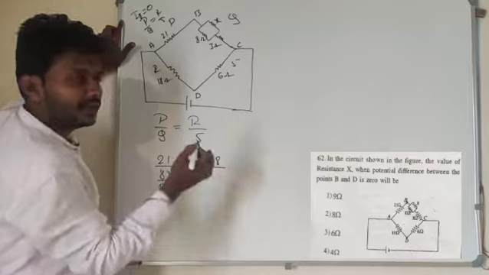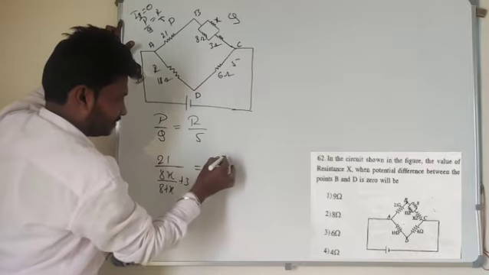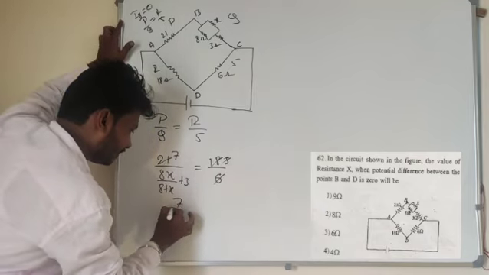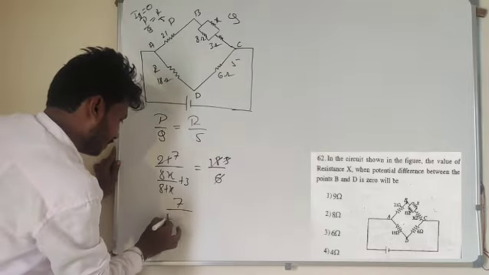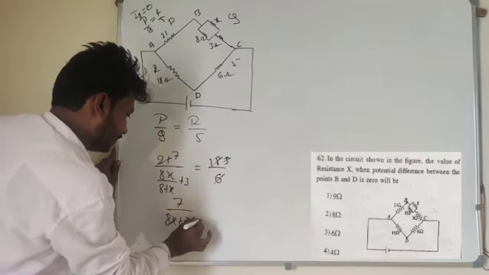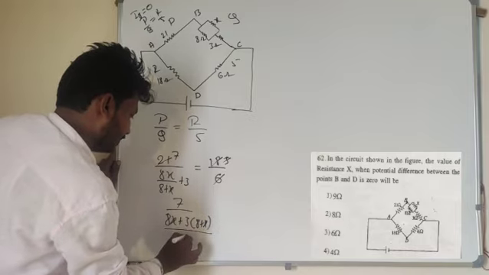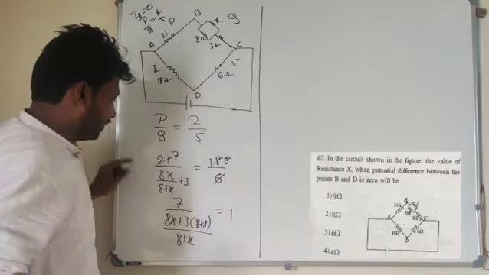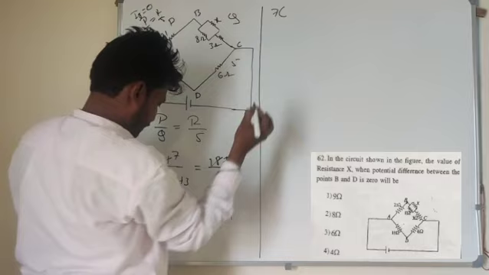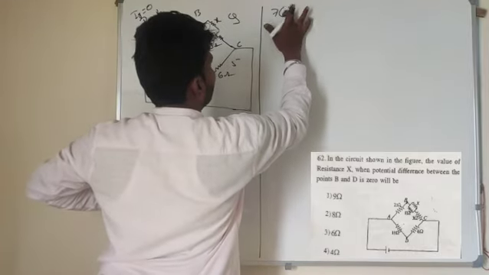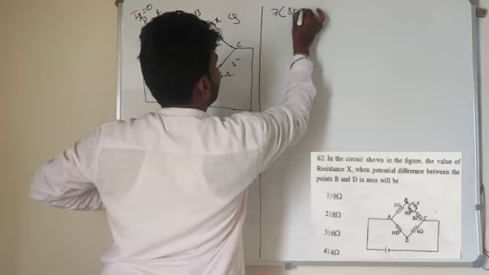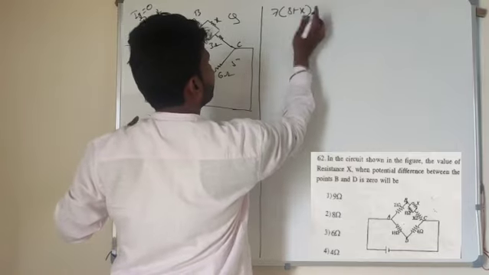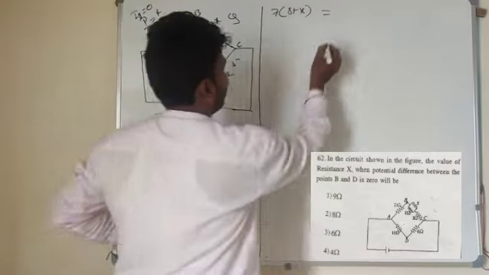R value is 18 ohm. S value is 6 ohm here. 6 ones are 3 is here. Now look at here, 7. So 7 divided by, let me simplify this one. 8x plus 3 into 8 plus X, divided by 8 plus X, it is equal to 1. Now simplify this equation. 7 into, if it goes to numerator, 8 plus X, 7 into 8 plus X divided by, so this term I will take it into right side here. 8x plus